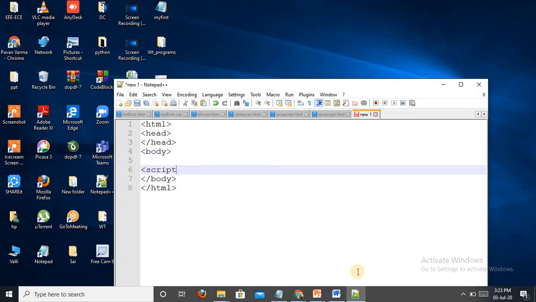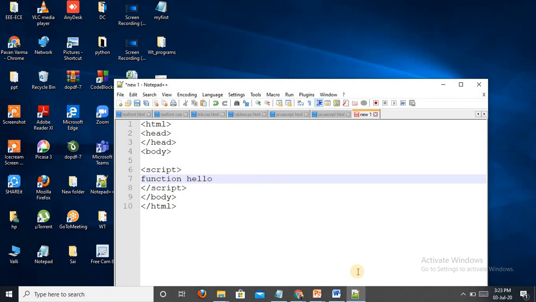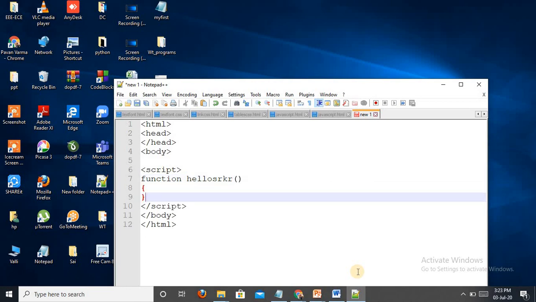So I am writing the JavaScript. Here I am writing the function. I am using the function keyword, function space, and naming it hello srkr. In curly brackets we are going to write the function body. I am writing document.write.